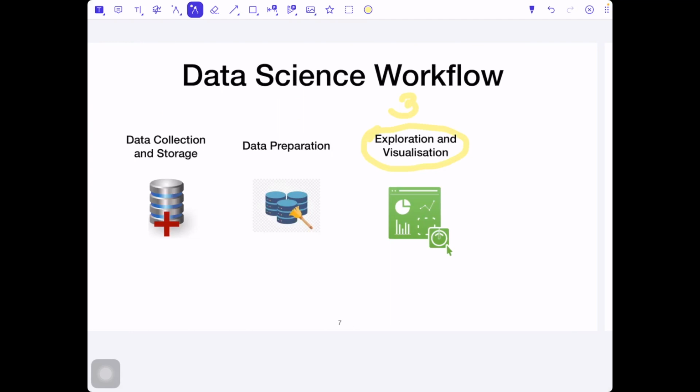We try to understand, okay, given this data, I can tell like this. I can make conclusions about today's state of the company from which I get this data, of the study from which I get this data, of the person from which I get the data. I can say what the present is.